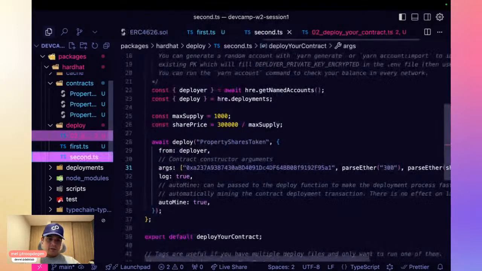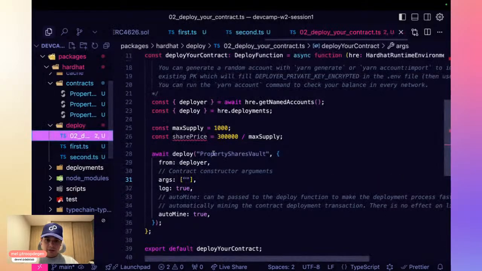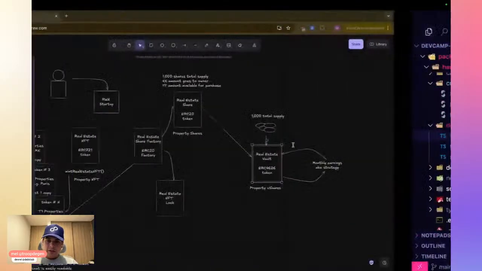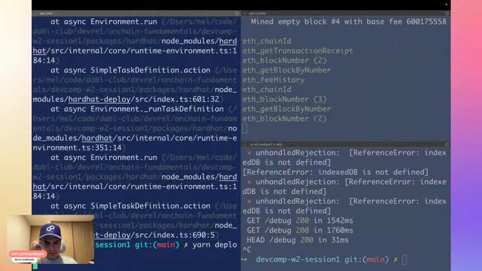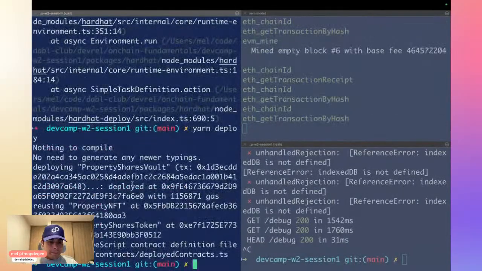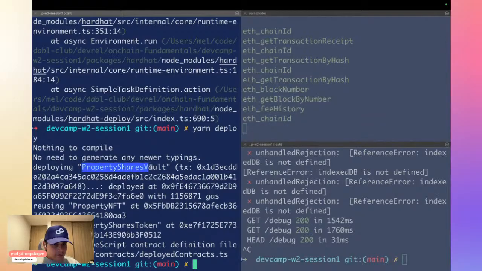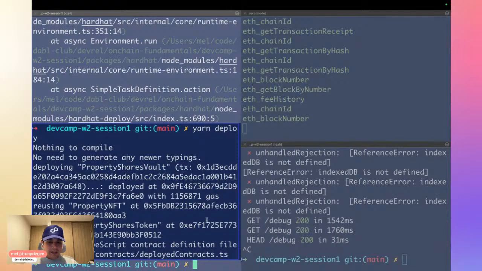I think that should be enough. Oh, no, it's wrong. It's over here. Let's see if this works. Okay, property shares vault. I think that should be good.